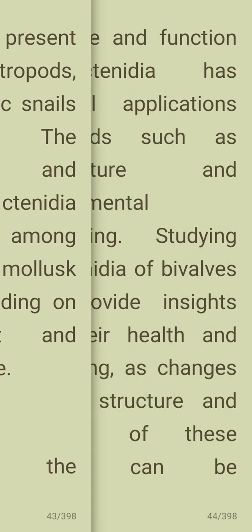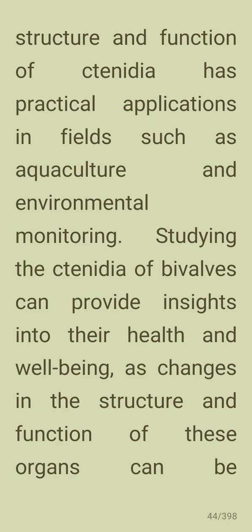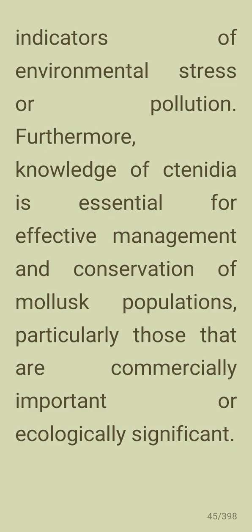Some applications: understanding the structure and function of ctenidia has practical applications in fields such as aquaculture and environmental monitoring. Studying the ctenidia of bivalves can provide insights into their health and well-being, as changes in the structure and function of these organs can be indicators of environmental stress or pollution. Furthermore, knowledge of ctenidia is essential for effective management and conservation of mollusk populations, particularly those that are commercially important